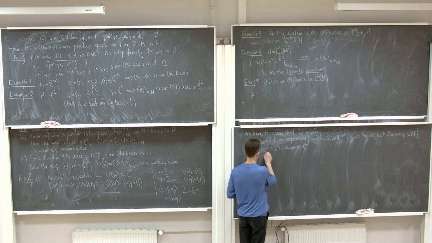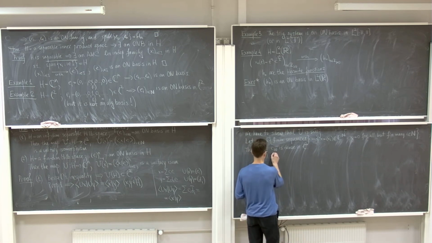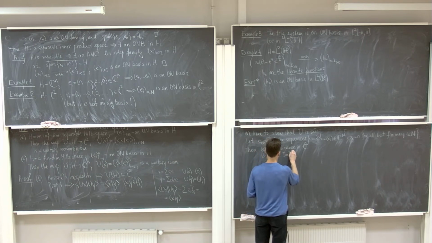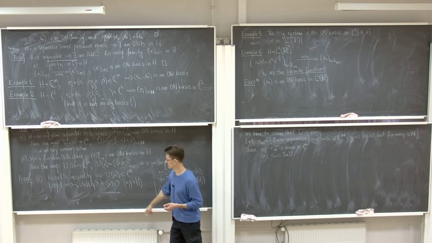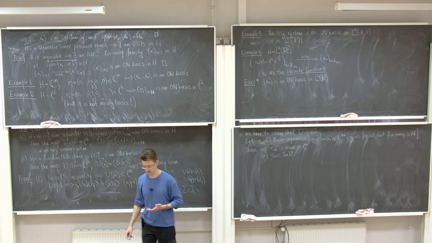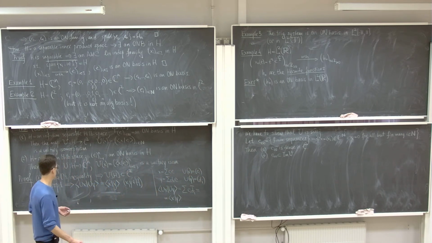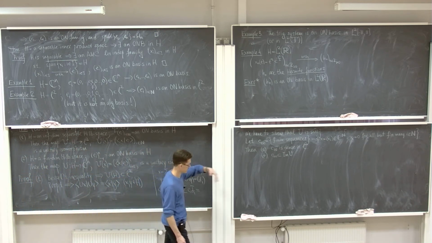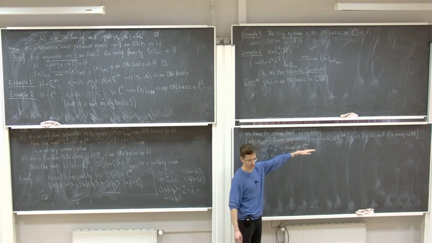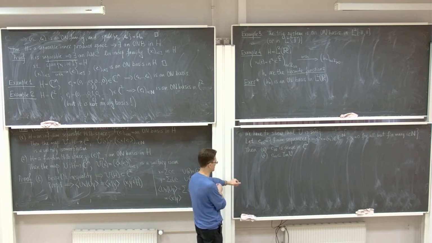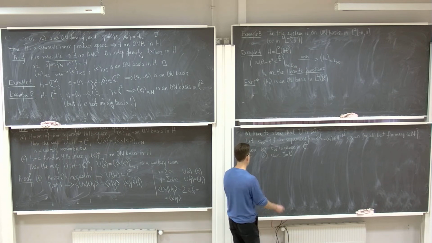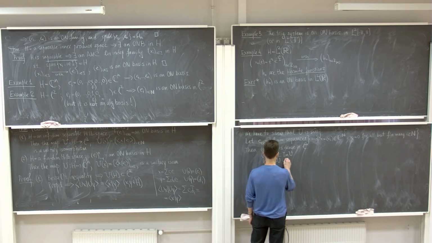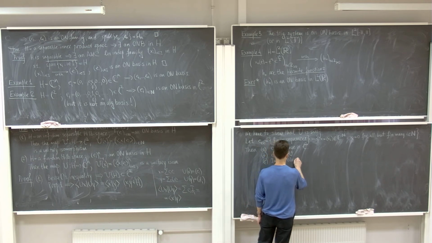Second, it's clear from the construction that C00 is contained in the image of our operator U, because finite linear combinations of our orthonormal basis go exactly to finite sequences. So C00 is contained in the image of U. And finally, we observe that the image of U is closed in L2.